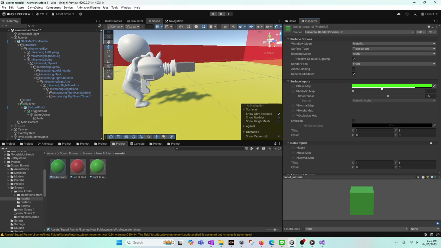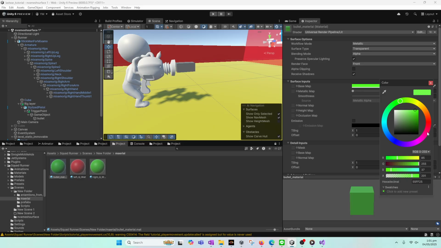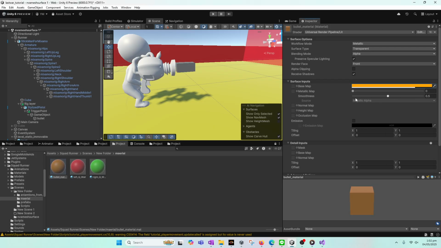And when we go on to the color of this, let's choose the color as something, let's give an orange color, like this, and then